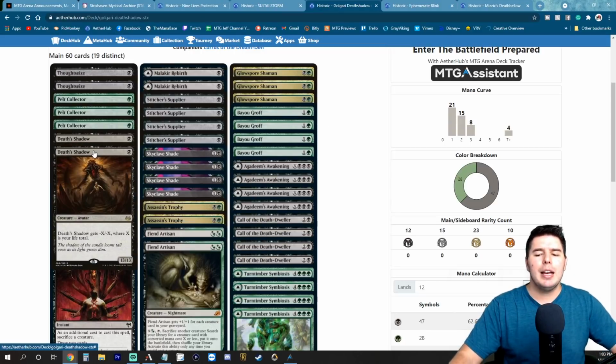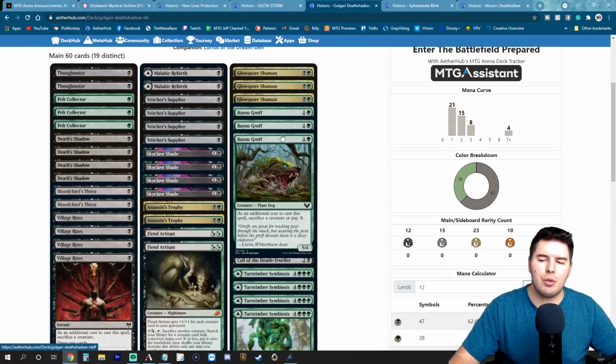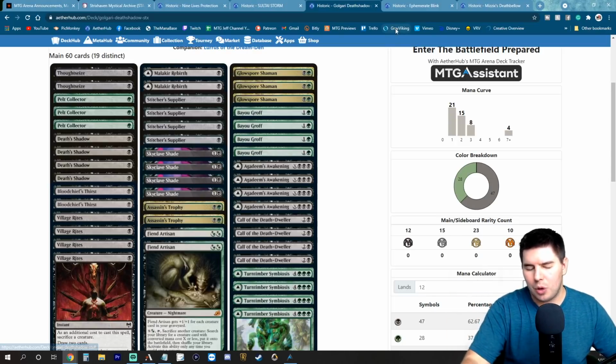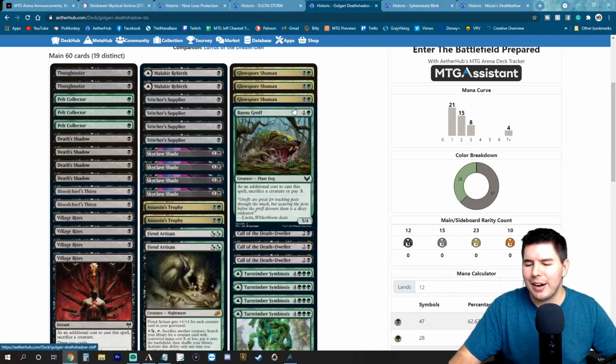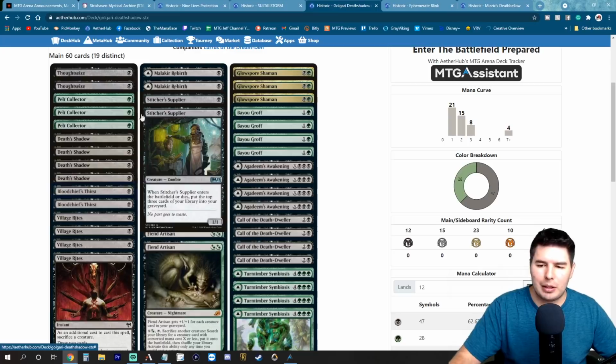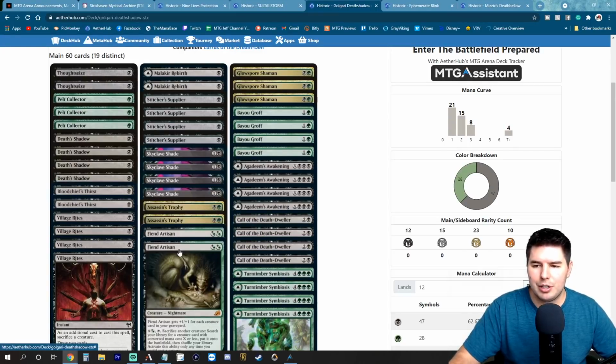This is basically Golgari Death Shadow, and the Groff, the baby Groff, I'm trying to play as Tarmogoyf, basically. With the stats there, I think it can get up to the same power level, and this is the main game plan. So Stitcher's Supplier or Pelt Collector on turn 1. If we have another good creature like Fiend Artisan or Glowspore Shaman on turn 2, we can play those instead